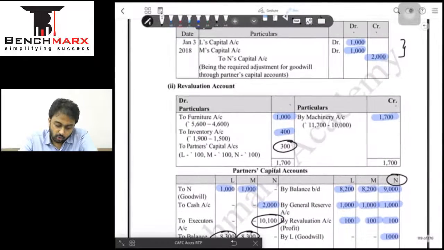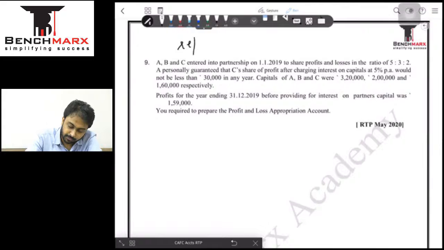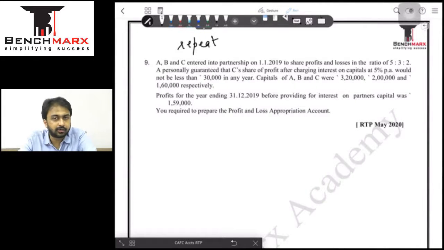ठीक है. Let us now go to question number 9. Question number 9 also appears to be a repeat question. ये अपन ने अभी solve किया है. I think this was question number 1 of अपने आज का session. So first question में अपना वो था not hidden goodwill, sorry,